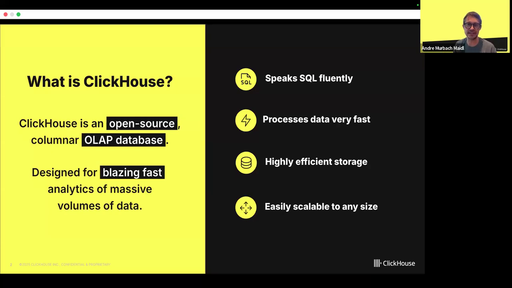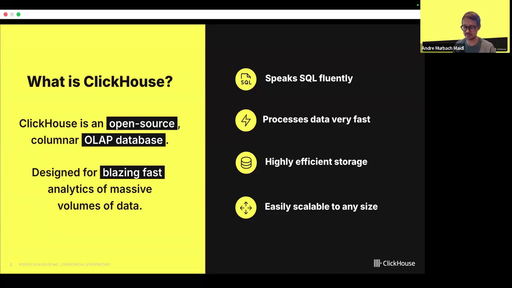You can just create basically the same tables you have in your Postgres database, and then you can connect to ClickHouse and sync the data between these two systems. And then instead of running analytical queries on Postgres, which will be much more costly and take longer to execute, you can run these queries in ClickHouse.